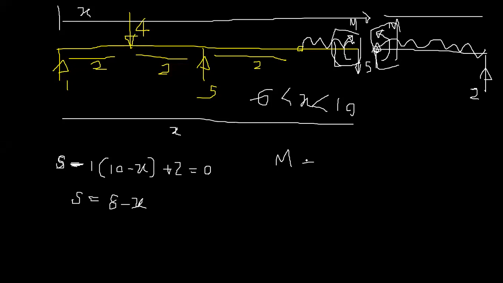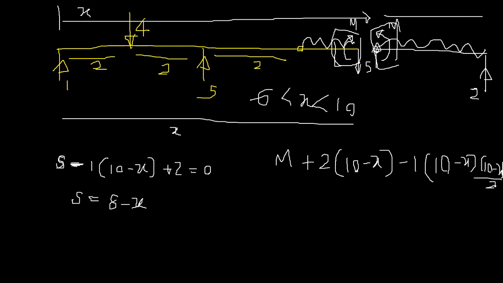So S would not come, right? M is anti-clockwise and 2 is also anti-clockwise. 2 into 10 minus how much? X, right? And W is 1, so that is clockwise, so then it would become negative. 10 minus X is the total load, and you have to multiply it by the lever arm, 10 minus X over 2. So this would become equal to 2